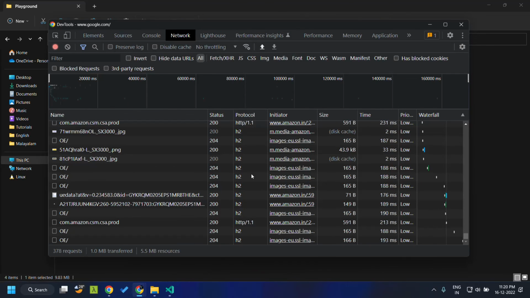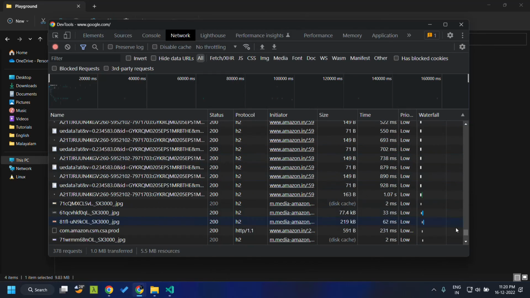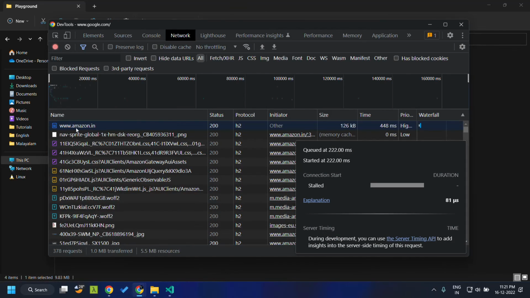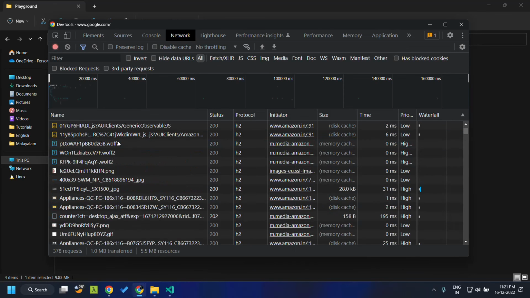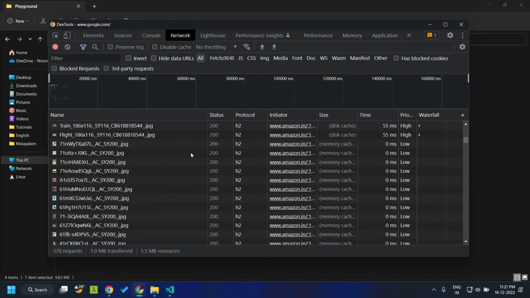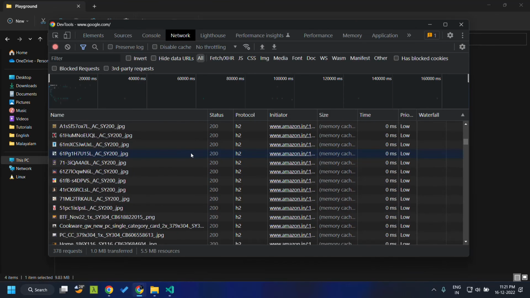Once I click on that, you can see that all the requests which are actually used by Amazon, I will be able to see within this newly opened network tab, which actually belongs to Google. So you will be able to analyze a previously existing HAR file,